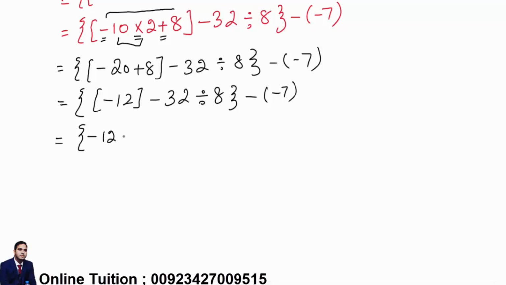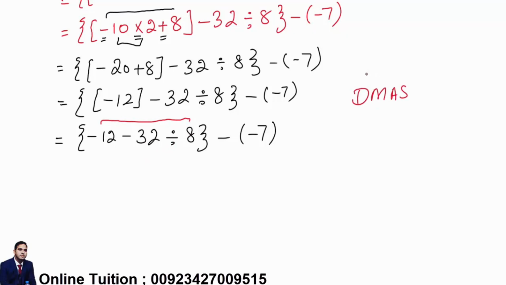Negative 12 minus 32 divided by 8, negative 7. Okay, till now, again these three numbers, negative 12 minus 32 divided by 8, we will use the rule. There is a division, so apply division first. Negative 12 minus 32 divided by 8 is equal to 4. Okay,